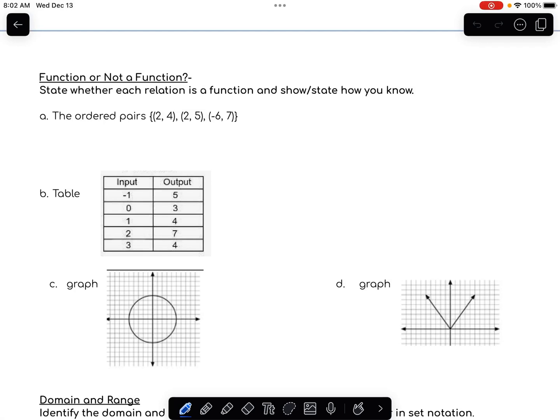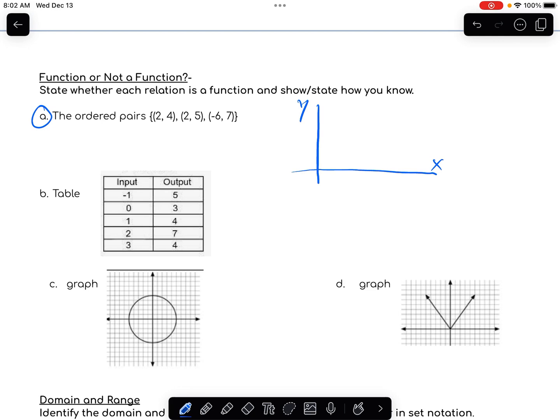Let's take a look at what it means for it to be a function or not a function. So if we look at the first problem here, ordered pairs (2, 4), (2, 5), and (-6, 7). So those are ordered pairs. In other words, they are points. So if we sketch out maybe just a rough sketch of a y-axis, x-axis, and we think about where those